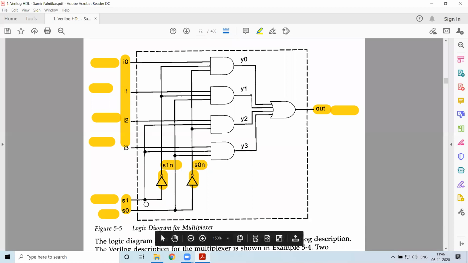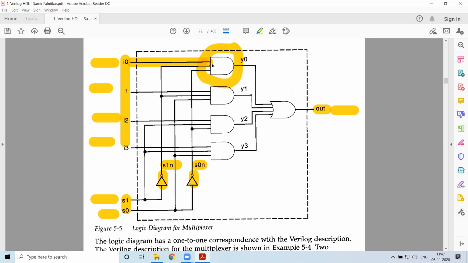Now here, if you just observe, input I0 is present, and for the first AND gate, what is the input from the select lines? It is 0 and 0. So when these two are 0, they get inverted and this gate is selected.